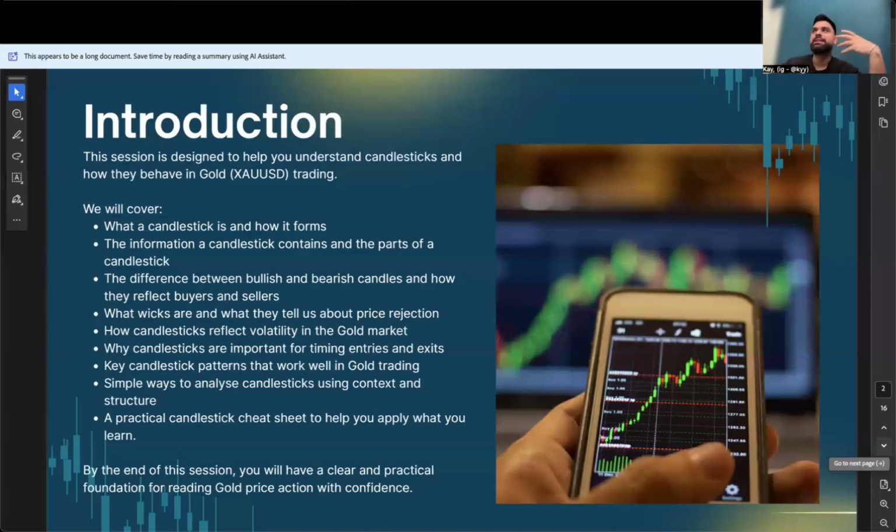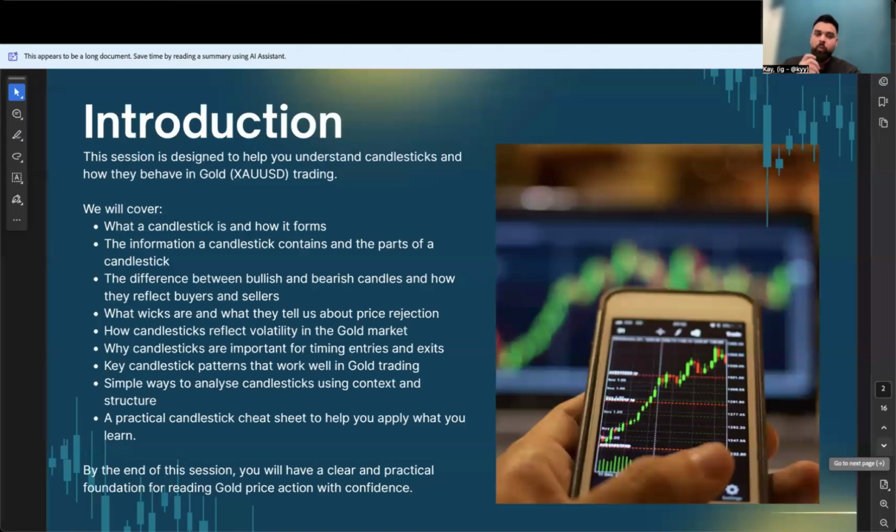Every time there's a direction in the market, it's simply because of how much volume or power is coming in from either side. There's only two sides of this market, which is the buyers and the sellers. So the candles decide the difference between bullish and bearish. That allows traders like myself and you guys to understand where the volume is actually stepping in